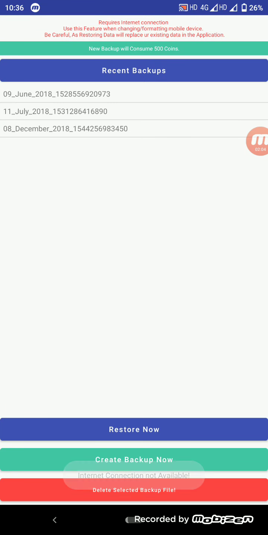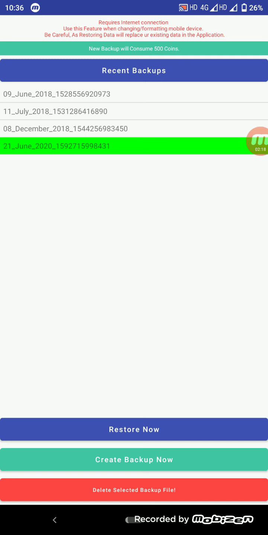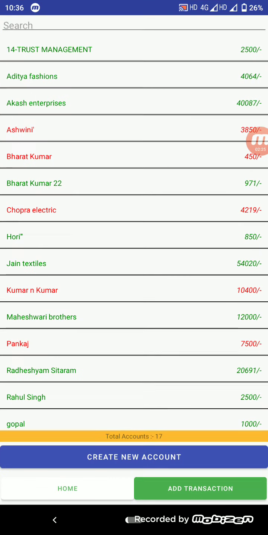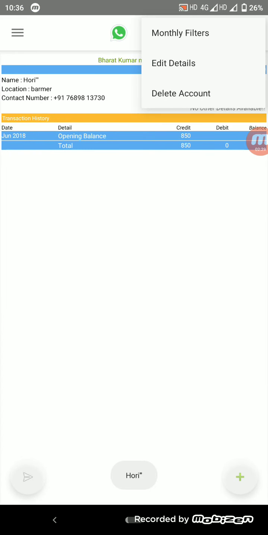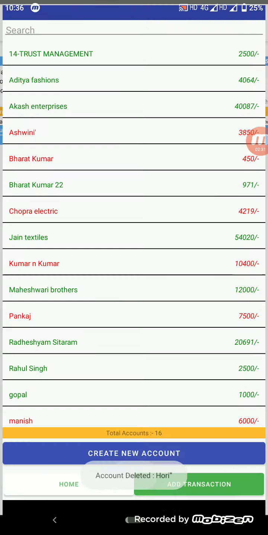I can just use the second button from the bottom, the create backup now, the green color button. I will click on this and it will say backup created successfully, and I will see the new individual backup entry here, the 21st June. And if I want to restore, like I have formatted the mobile and I have deleted all the accounts like this, say